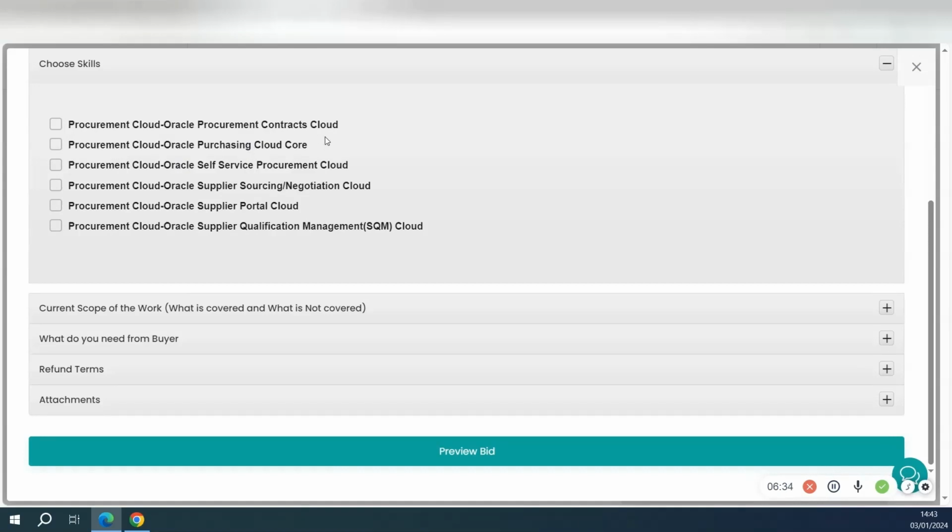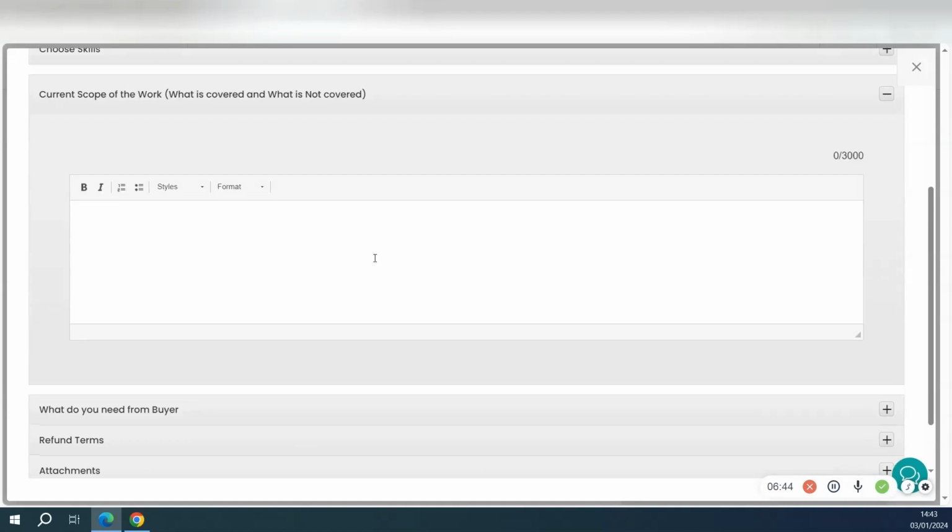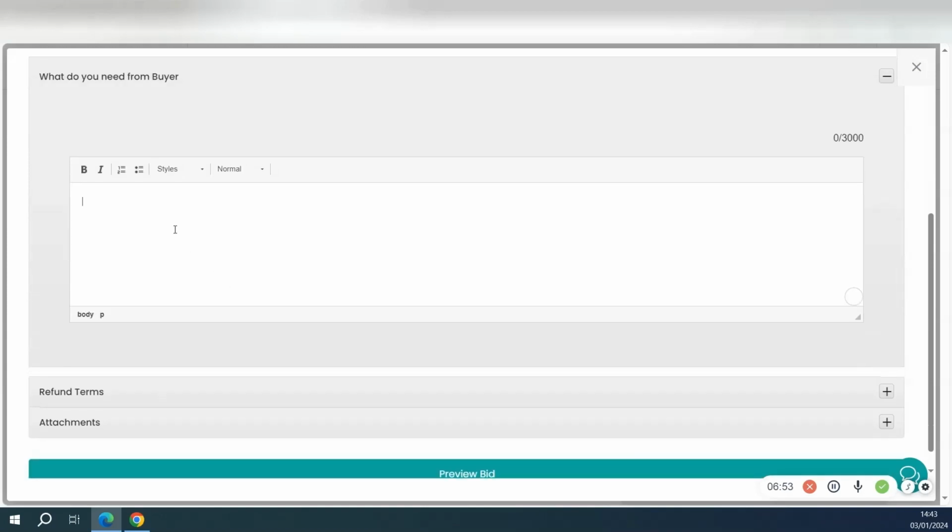Let's say in this case I'm using purchasing cloud core. Let's say if you selected this, buyer can provide review only for this, not for others. And scope of the work, provide the scope of the work, and what you need from buyer,